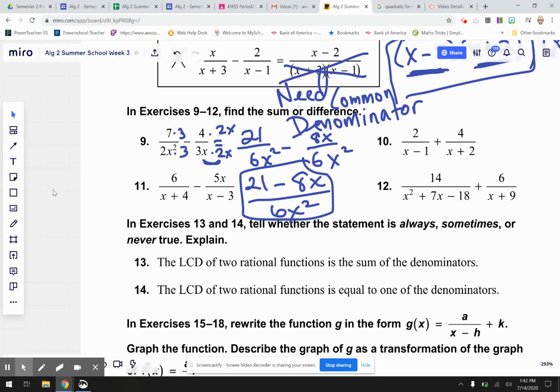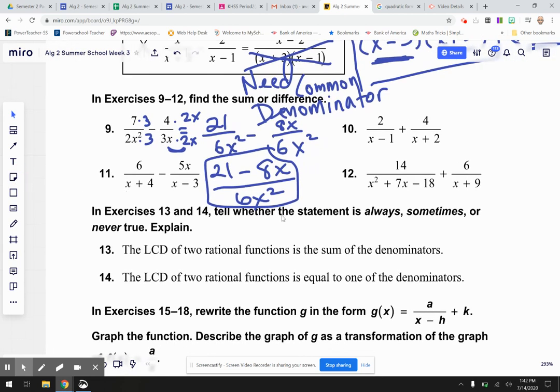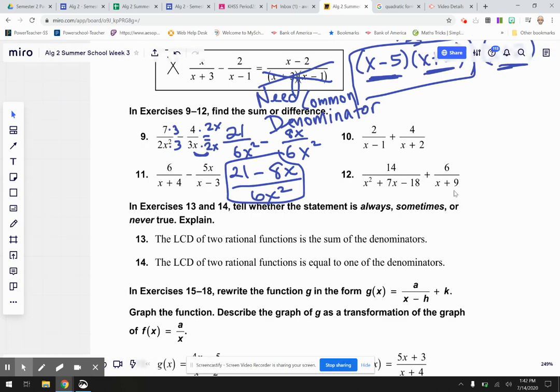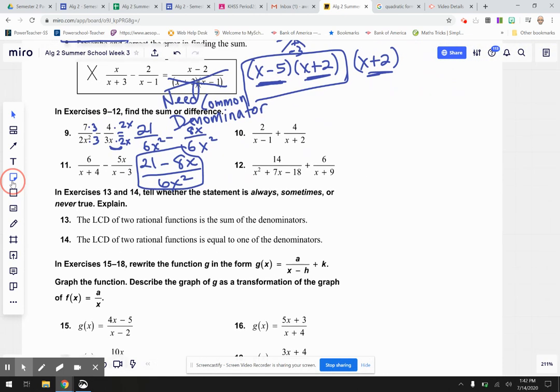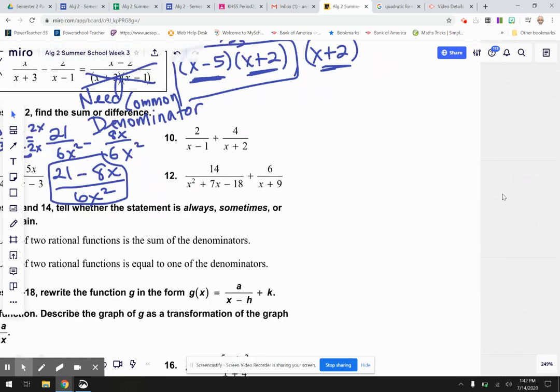Okay, number 10. Let's find 10 here. So we have x minus 1, we have x plus 2. So again, the safest denominator is just multiplying them together. So x minus 1 times x plus 2 could be your common denominator. X minus 1 times x plus 2